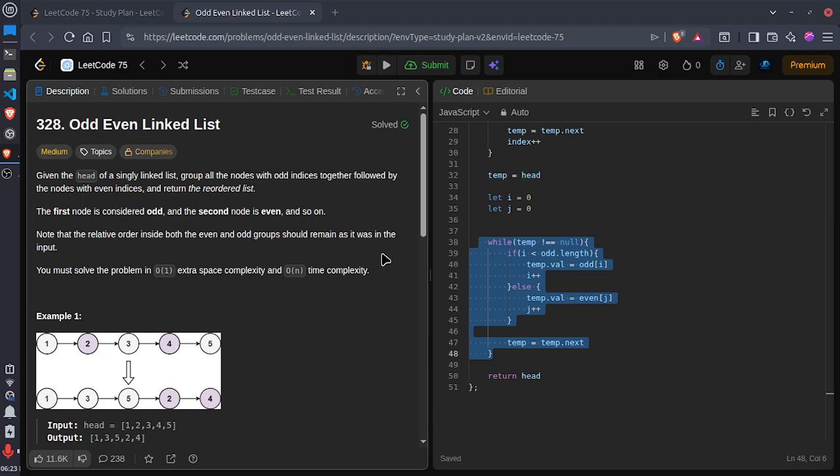And that is day 30 of the LeetCode 75 study plan series. I hope this problem is now super clear to you. In the upcoming videos, when we complete the 75 study plan and recognize the patterns and become familiar with all the data structures, we will again solve this problem with O(1) extra space complexity.